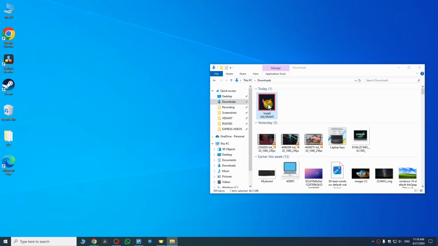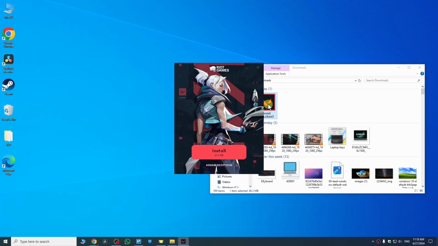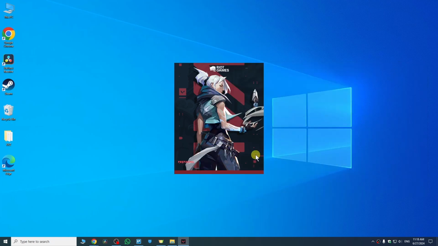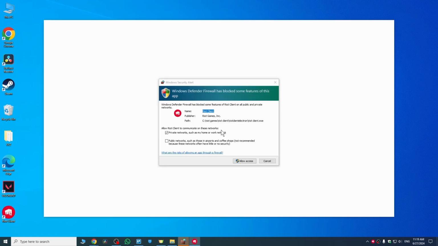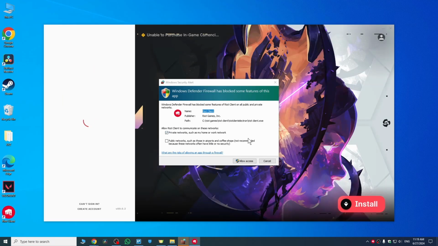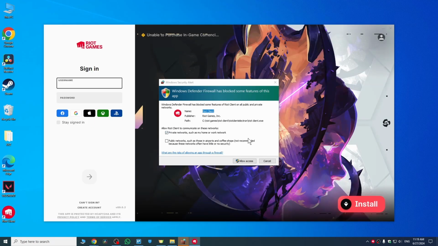So I just have to double click on this file, then you will see this pop-up. So this is from Riot Games, and here we have to install the Riot Games launcher because only then we can install the Valorant. So now it will take some time according to your internet speed. Once your download is done, you will get the pop-up from Windows Security where we have to click on allow